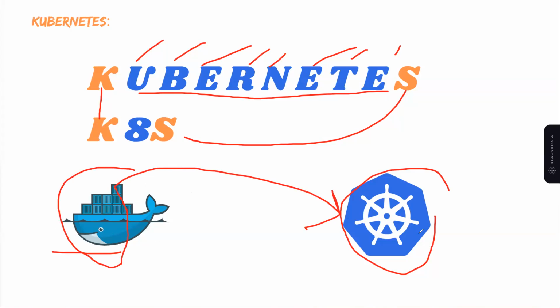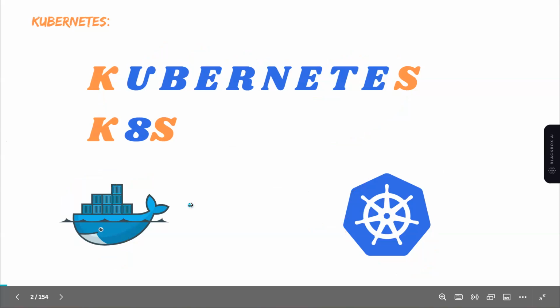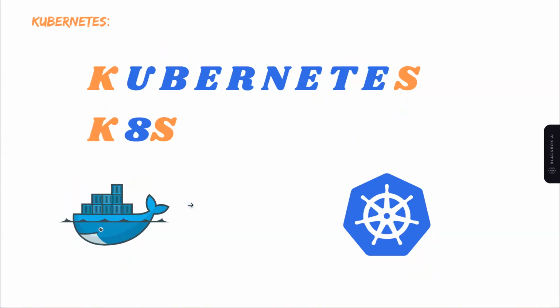But we have seen the limitation of Docker Swarm, right? What is the limitation? No auto scaling, no load balancing, no default dashboard, and it is used only for small applications, not very big applications. But Kubernetes is not like that. It can do auto scaling, it can do load balancing, it can maintain complex applications like ChatGPT.